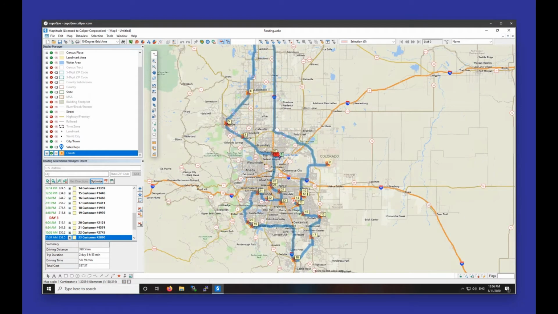So you can use any of these tools to add a stop. Click to add a stop, or type in a manual address. You can choose to add a stop at any time, whether you have a route already on the map or not on the map. So for example, if I want to add to this route, I could choose click to